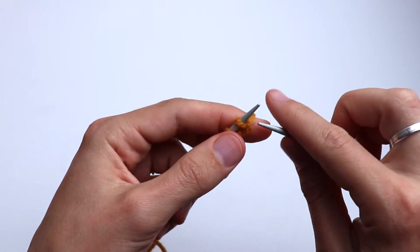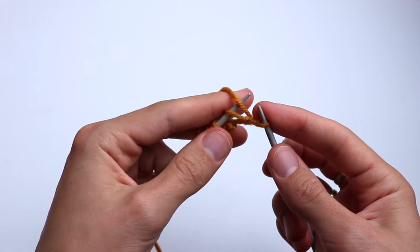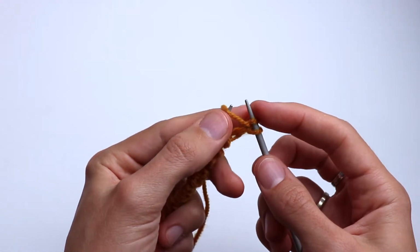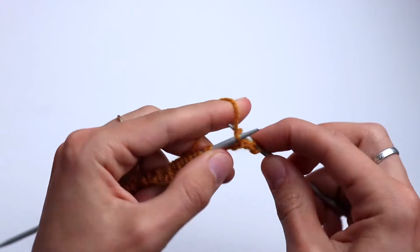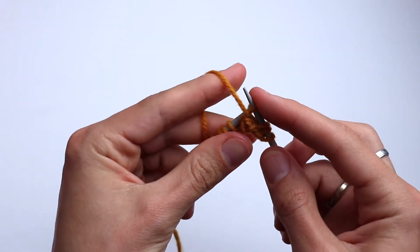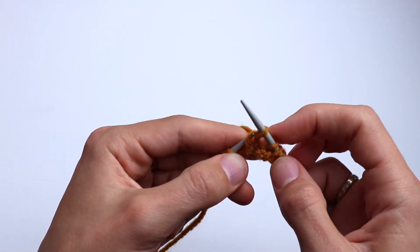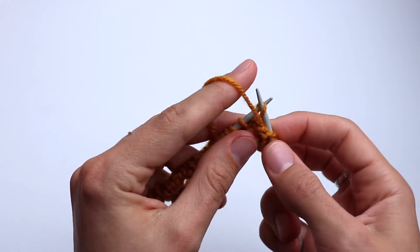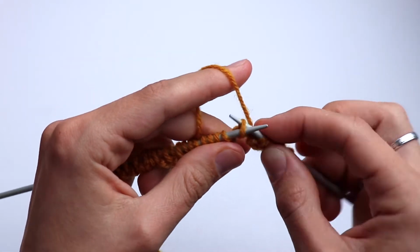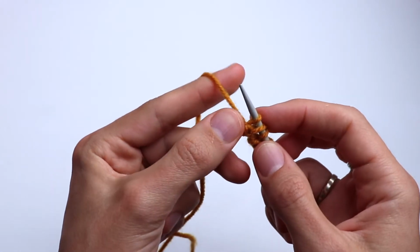Row number 2, slip again the selvage stitch, then slip the next stitch holding the working yarn in front, and then knit one. Repeat. Slip the next stitch holding the working yarn in front, knit one, slip, knit one, slip holding yarn in front,